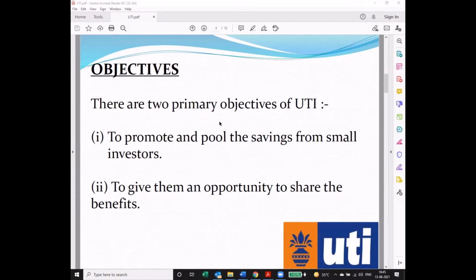So government wanted flow of income, flow of revenue, flow of investment from small investors in India as well. Why do you think that small investors were important for the government? In 1964 onwards, maybe not in 1964, but I would say 1964 onwards, why did government have a vision to bring small investors into the picture? Can anyone tell me what might have been the reason that so much focus was placed on small investors? Can anyone tell me?